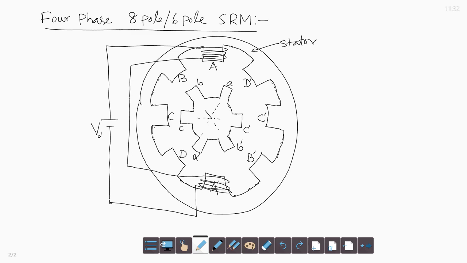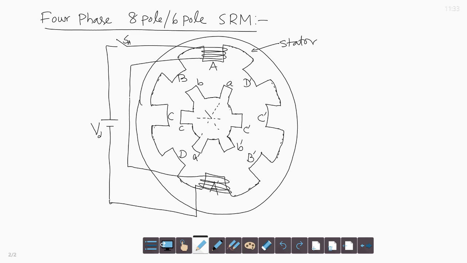Now, when the alignment occurs, the stator phase is de-energized. So, let us say we have a switch S A here, which is energized and de-energized. When alignment of the rotor pole occurs along the stator pole, the switch is opened, so that the stator pole is de-energized. Immediately another pole pair will be energized, so that again the rotor will rotate in the same direction.